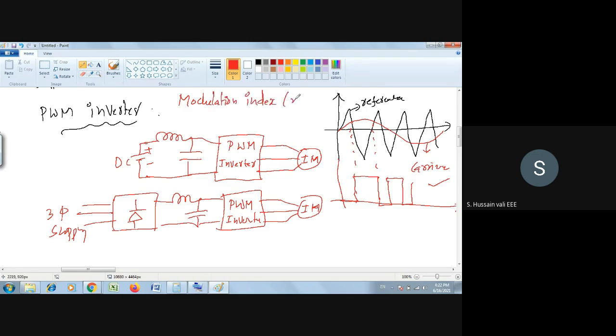The modulation index represents the ratio of the amplitude of the carrier signal divided by